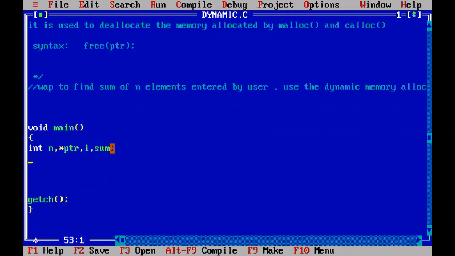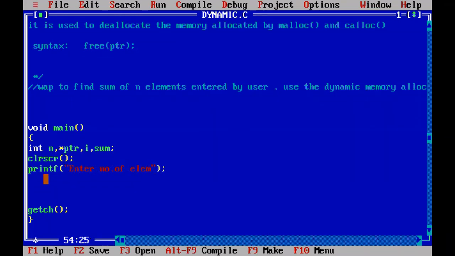And after declaring all the variables, write down clrscr. First we have to know, to allocate the memory dynamically, for how many bytes we are allocating. So n we have to know. Ask the user to enter the n value: double quotation, enter number of elements.